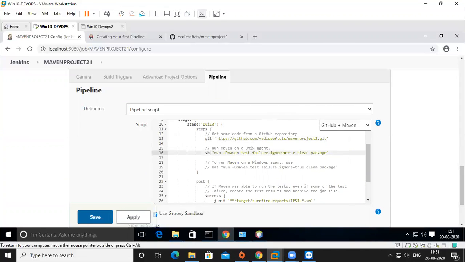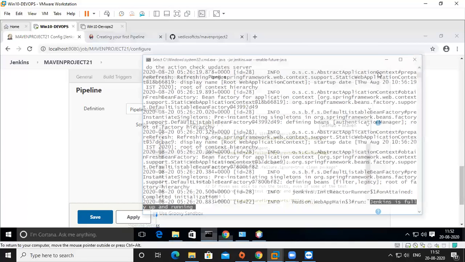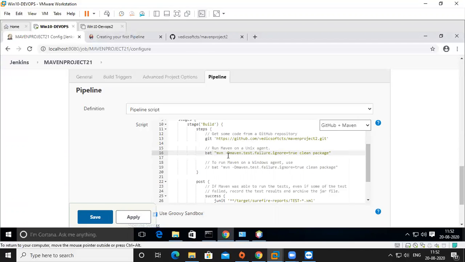If you are using Unix or Linux, sh will work. Then I'm removing sh and changing sh to bat, meaning we are using Windows. The execution here is a batch file type only, cmd batch file type. So I'm using bat instead of the Unix agent.